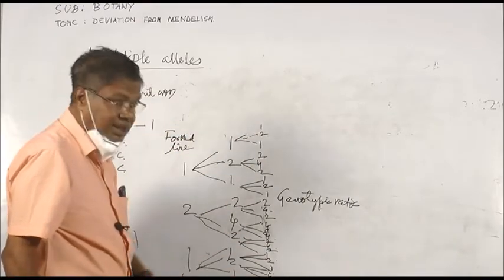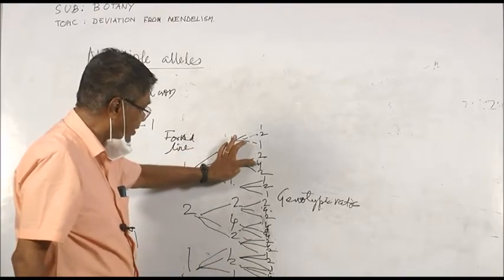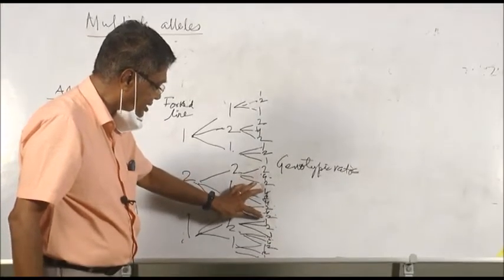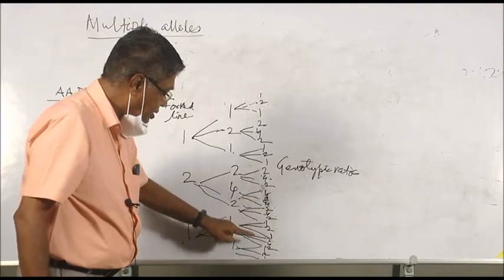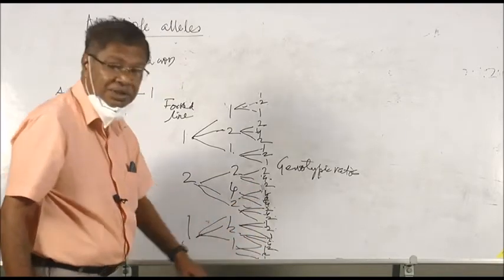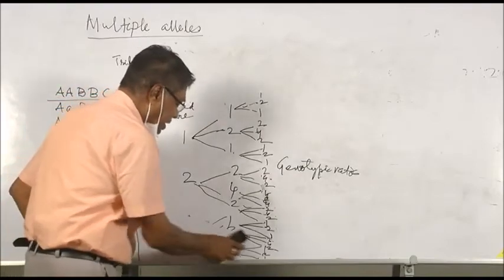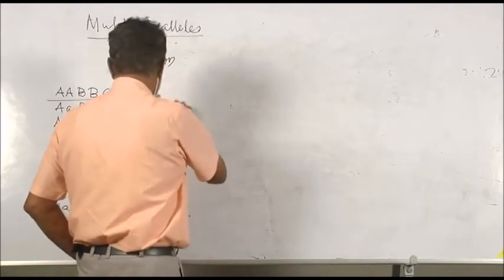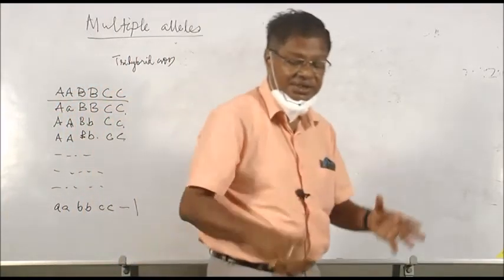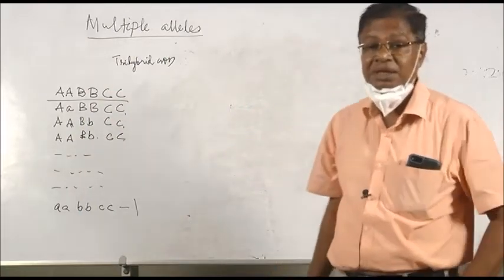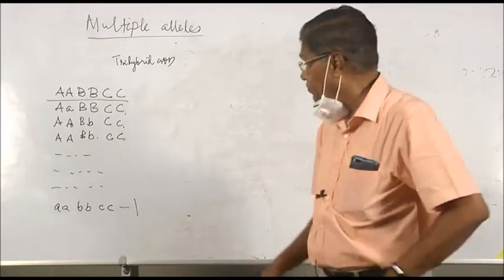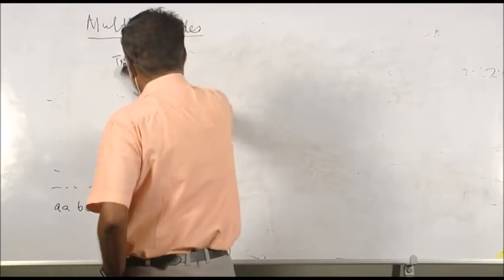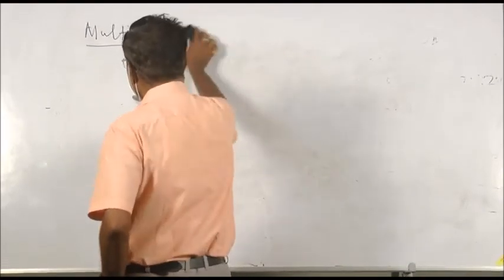Now, all these colors 1, 2, 3, 4, 5, 6, 7, 8, 9, 10, 11, 12, 13, 14, 15, 16, 17, 18, 19, 20, 21, 22, 23, 24, 25, 26. Like that, you get a large number of colors. And all these will give us different shades of different multiple genes. And we will find that multiple genes express different skin colors of man.